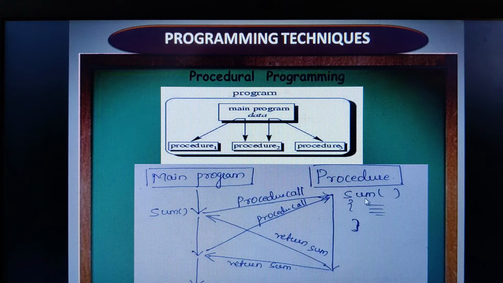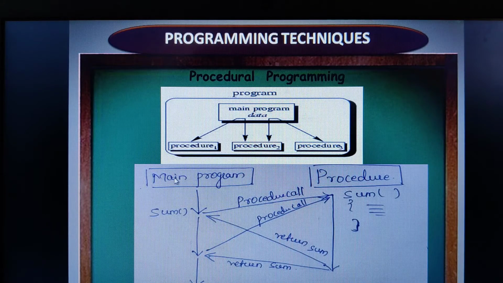Now here is a sum operation. I have written a procedure known as sum, which may take int a, comma, b. Sum is equal to a plus b, return sum. These are the steps of instruction which will calculate the addition of two numbers for me. So I can call sum as one of the procedures. Therefore, what is a procedure? It is a set of instructions to perform some specific task.